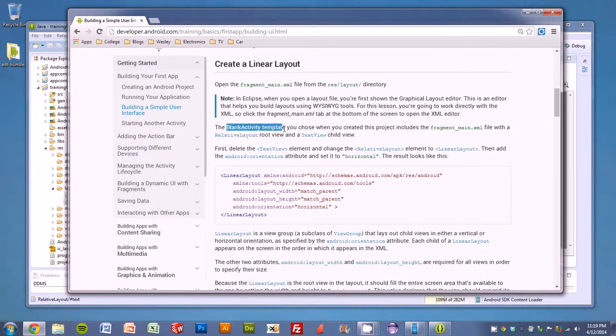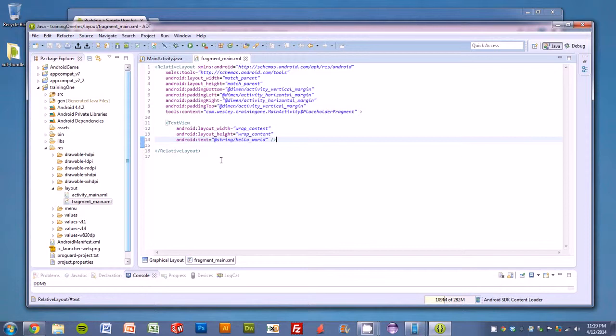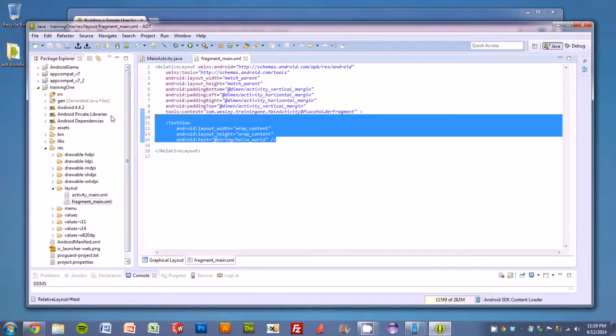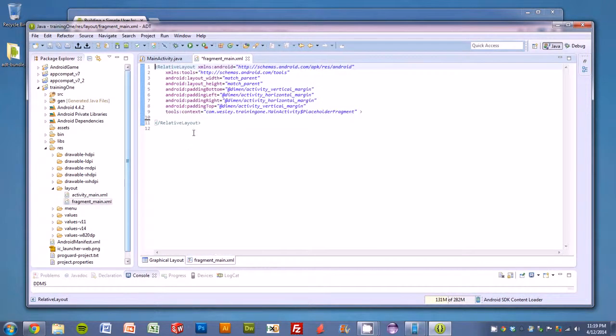So we did create a blank activity, and it included this fragment main.xml with a relative layout. It's telling us that it wants us to delete the text view and change relative to linear. It also wants us to specify an orientation. I'm not going to do that at the moment because the device is already in landscape mode, but let's do this. So let's go into the XML and just delete this right here, and you'll see if I come back over here to this tab, that Hello World exclamation point is no longer there